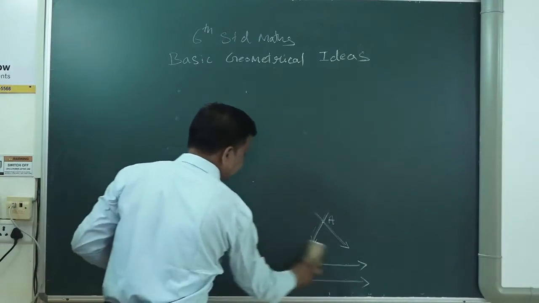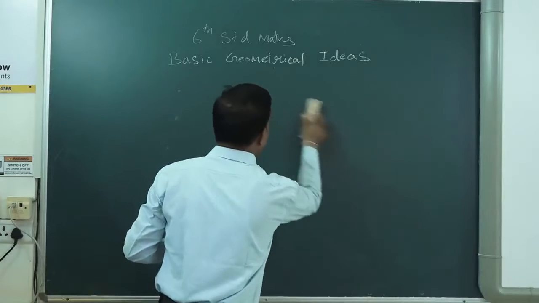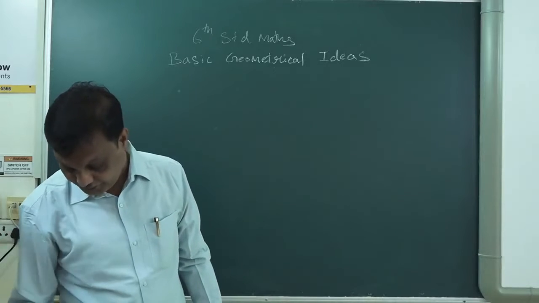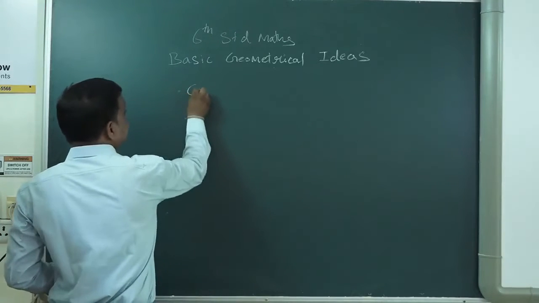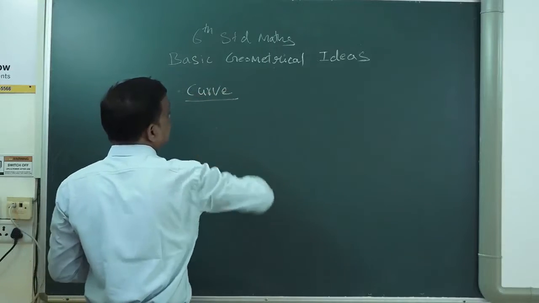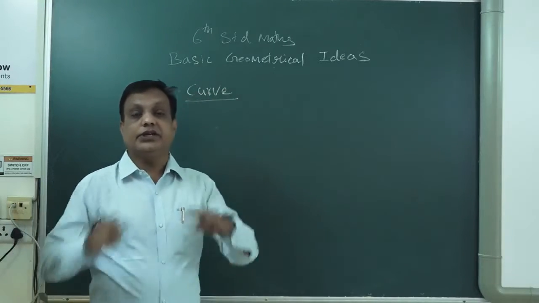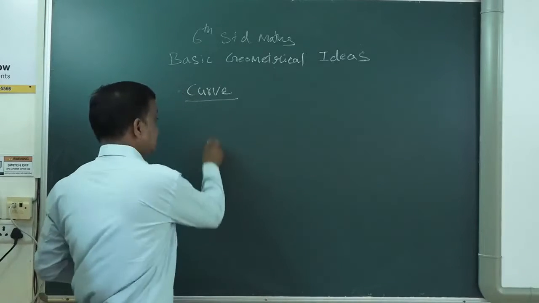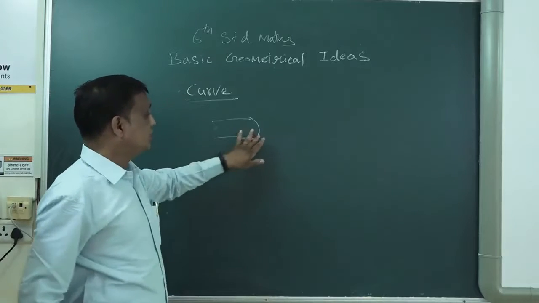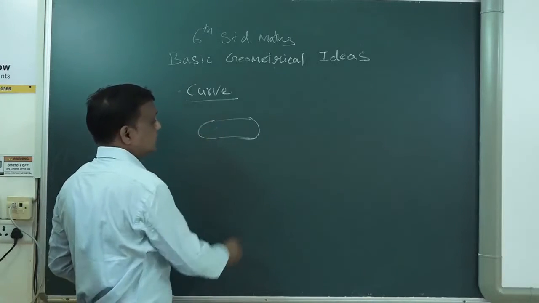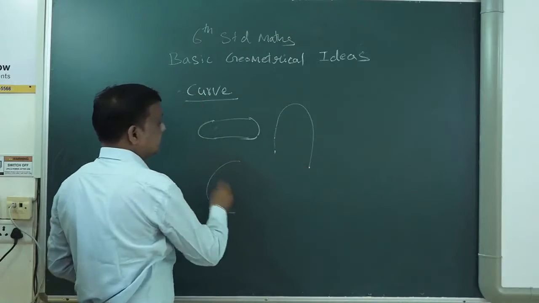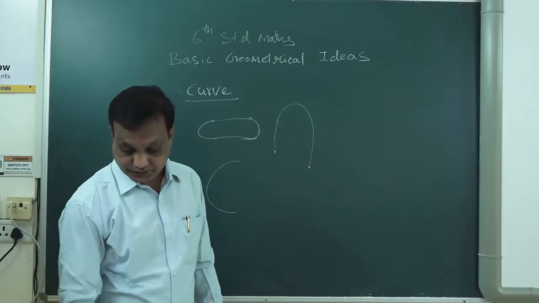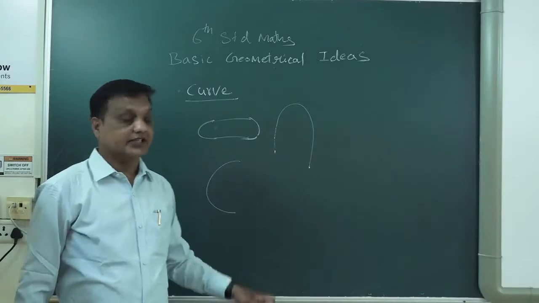First, in basic geometry, we saw these points. Now we will see some figures. What figures will we see now? First, we will see the curve. What is meant by a curve? A curve means something which is round from one side or two sides, from any side. Here I have drawn a round. So this is a curve. This is also a curve. These are called curve figures.